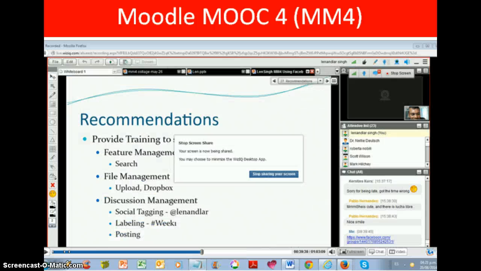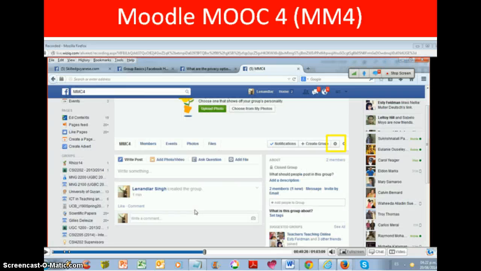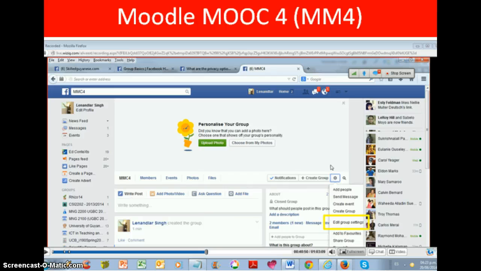Lecturer Singh gave us some recommendations for the proper management of the group. Pressing the gear icon on the right side of the group, we can configure different elements of the group. We select the Edit Group Settings option.